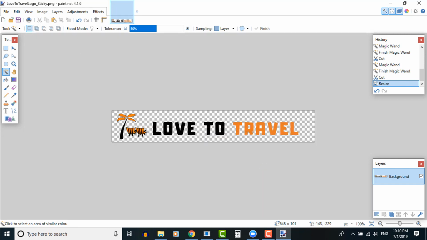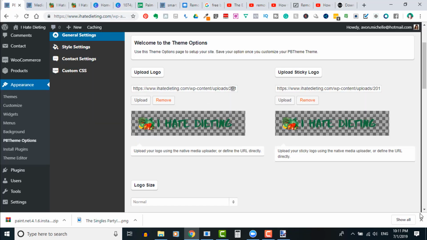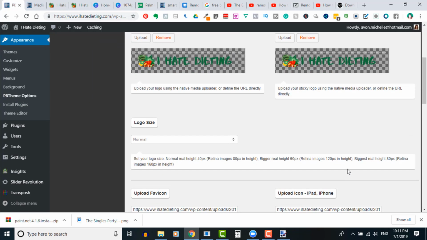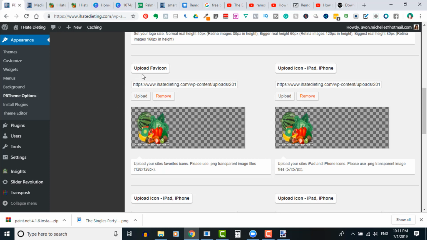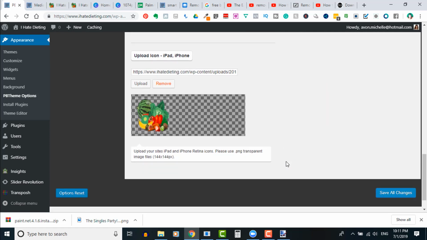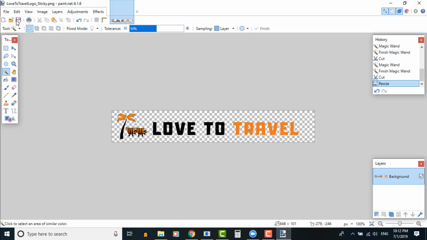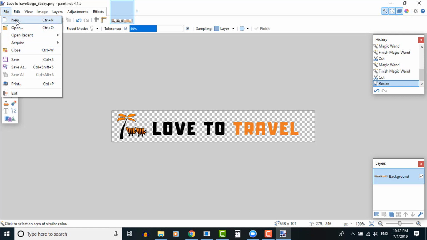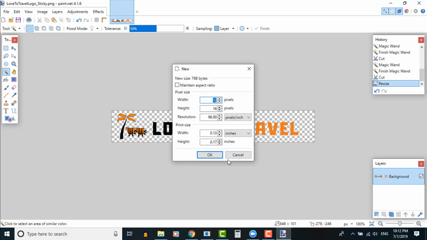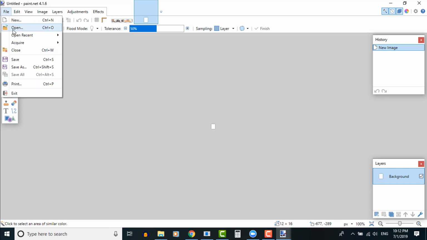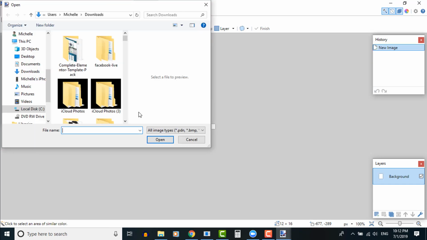Okay, so now we've saved both of those, removed the background, and we can upload those two logos to our site. The transparent logo on its own we can use as a favicon down here. I think all the rest of these were the same size, with just the favicon. So again, if we wanted to do that, we would find our download. I think it was called Palm, wasn't it? If we open a new, and we just open